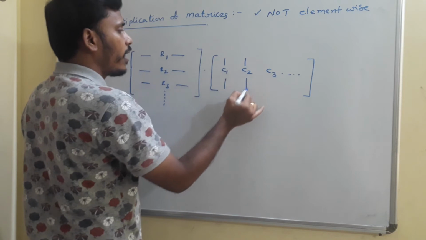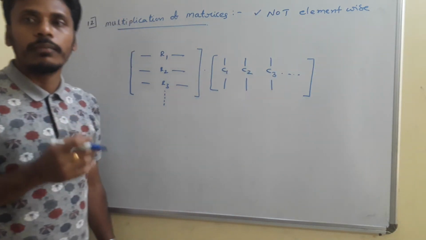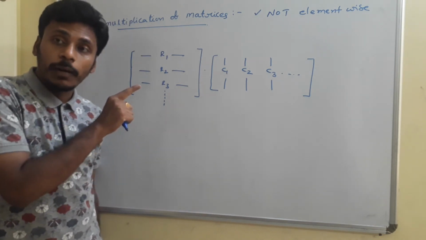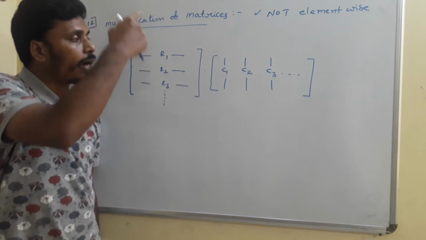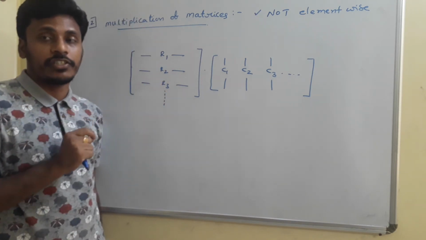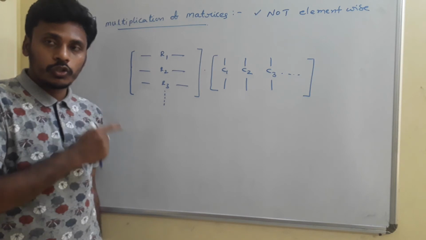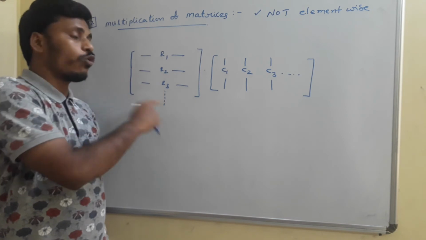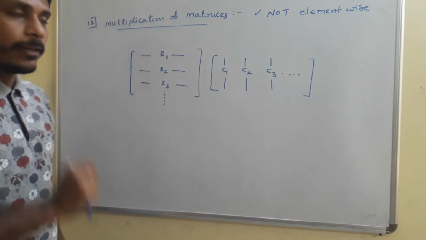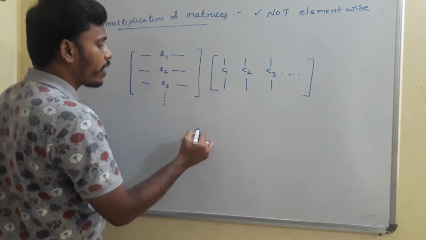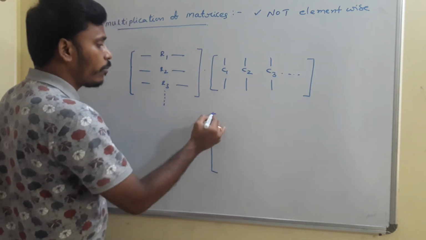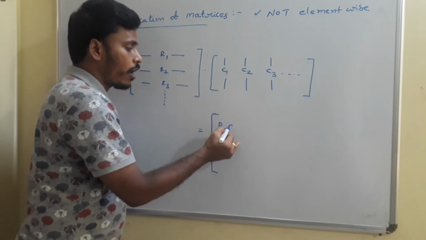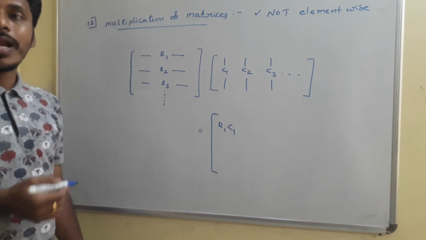See, in each and every matrix there are some rows and some columns, but before going to multiply the matrices, first of all you need to observe the rows of the first matrix and columns of the second matrix. That's what I am mentioning. So suppose you have rows like this and columns like this, then the multiplication of these two matrices is simply given by, you just think about it, this place is what? First row and first column. So this is first row and first column. You need to multiply row 1 and C1.